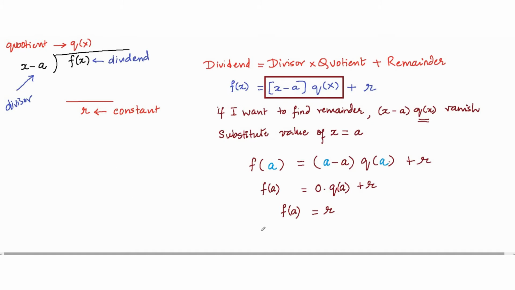Therefore, I can say the remainder is equal to f of a. So let's take the theorem again over here. Here f of x was divided by x minus a, then the remainder that we obtained